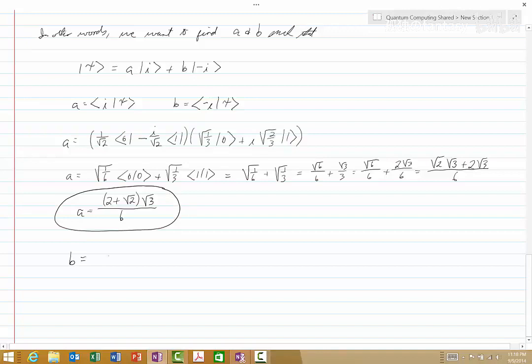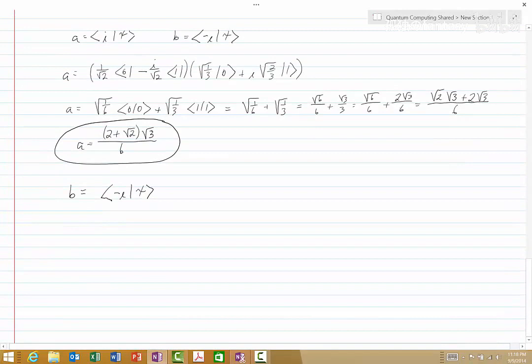B is equal to the dual of minus i pre-multiplied by C. And so that is equal to 1 over square root of 2 times the 0 bra plus i over square root of 2 times the 1 bra, and then C is square root of 1/3 the 0 ket, plus i times the square root of 2/3 times the 1 ket, and therefore